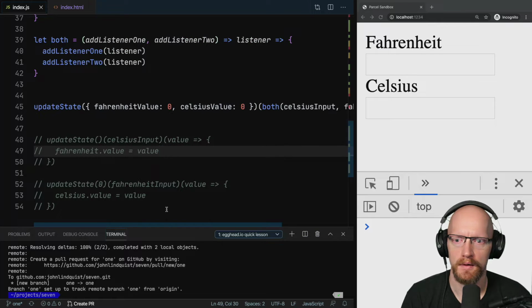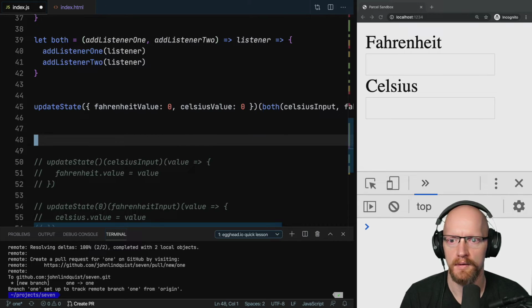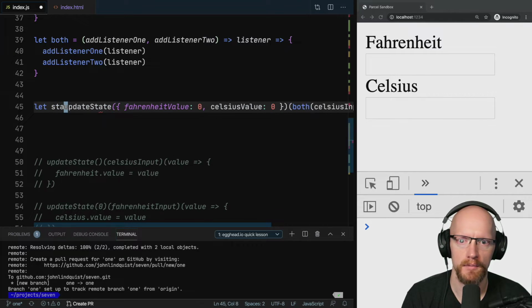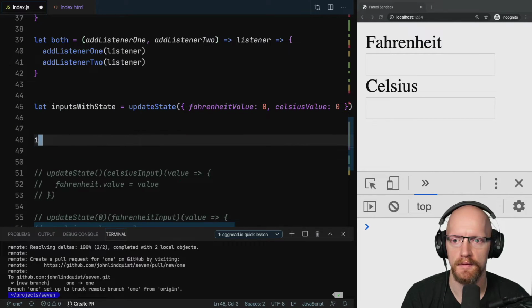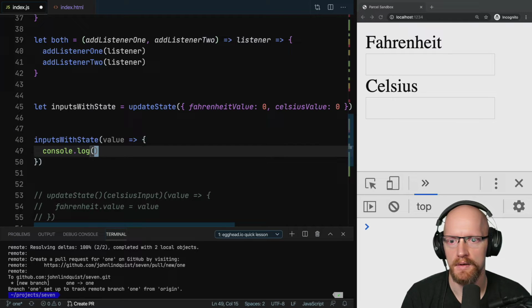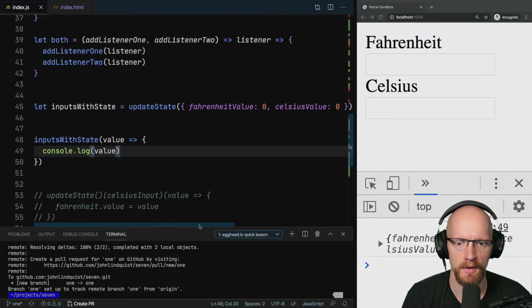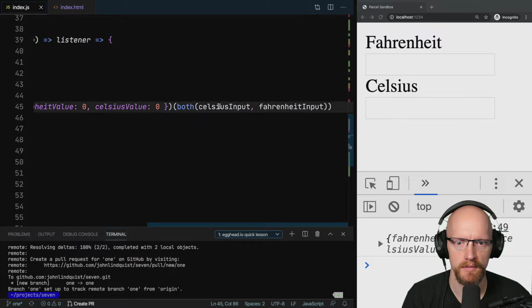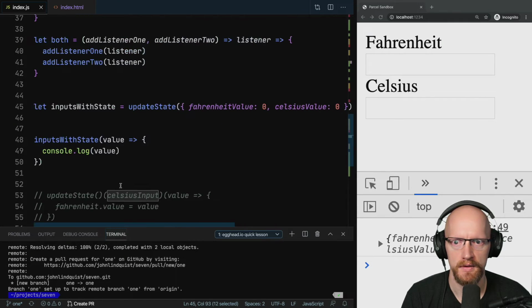All right. And then let's see, inputs with state. See these values for now, but right now these aren't mapped to anything. So I'll be sending events through,